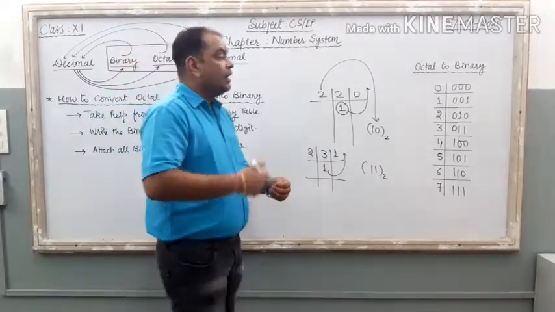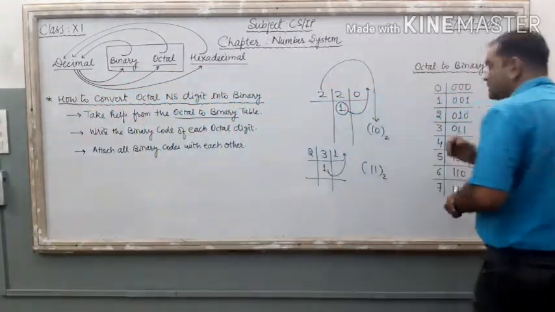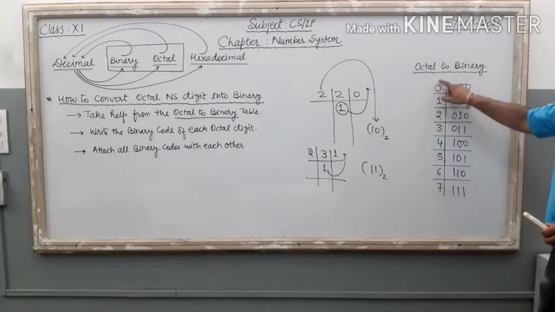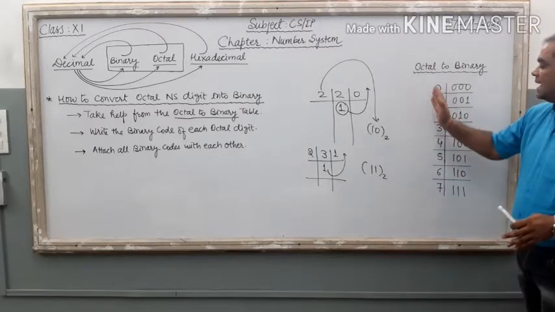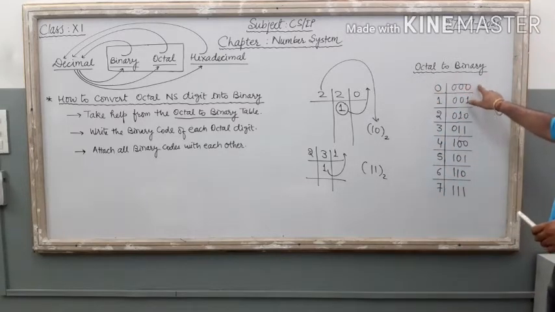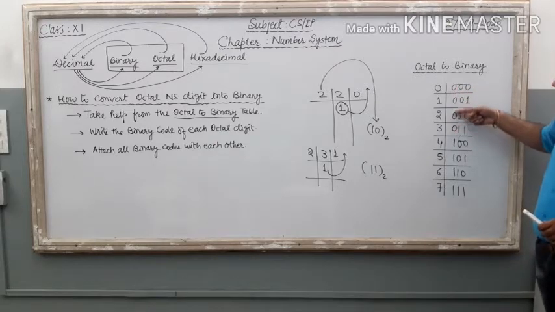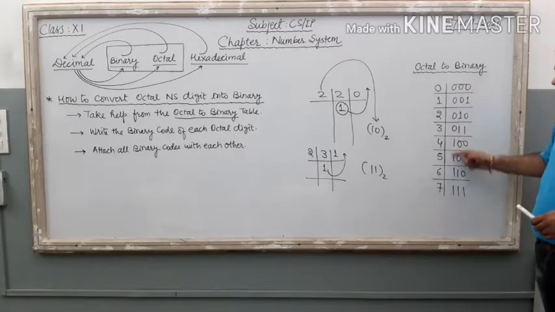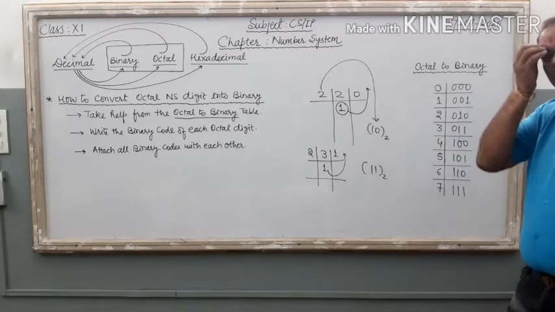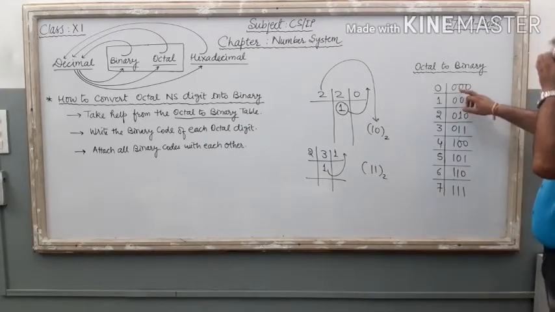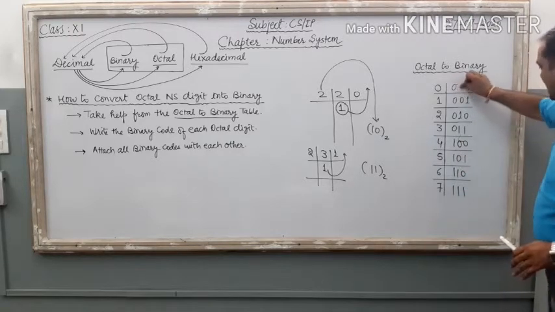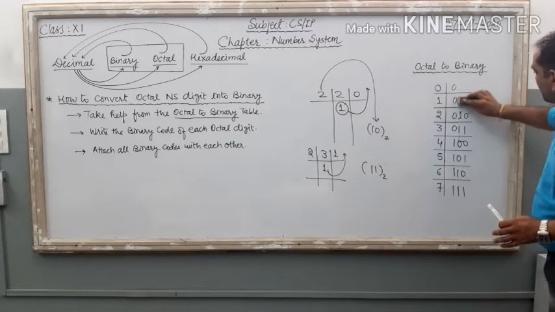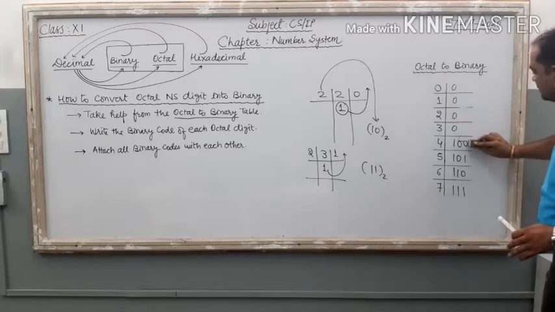If you want to remember the table, just see one magical thing. Total 8 possibilities. If you want to write the table in your copy, just write 0 to 7, and then in the binary part, 4 times 0 at the first positions and 4 times 1 at the last. Clear? If you want to know how to create this table, first 4 zeros, then 4 times 1. Clear? Suppose this table looks like this one. Just wait. If you put 4 times 0, it looks like this one.